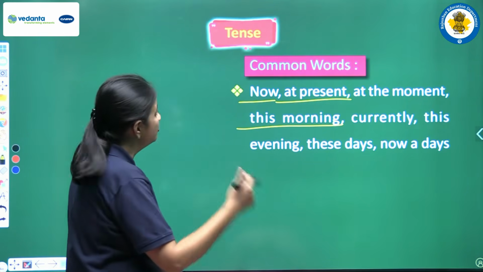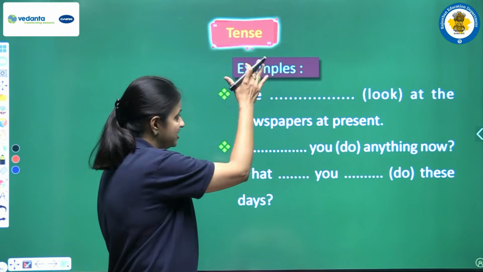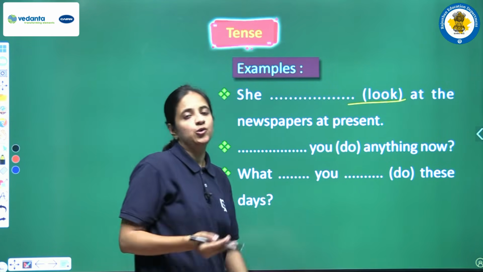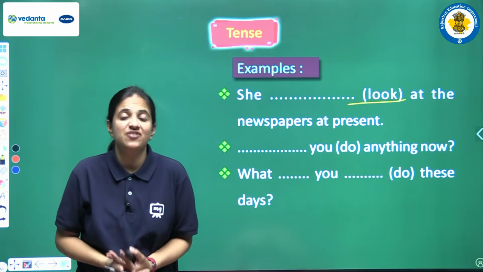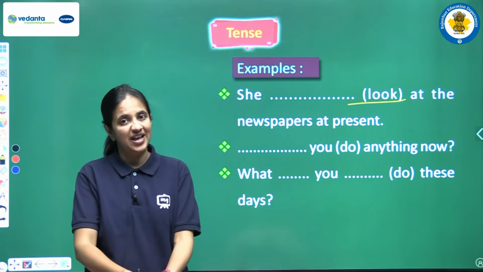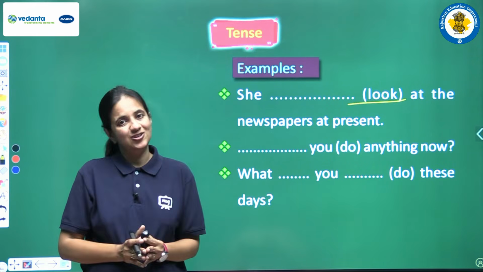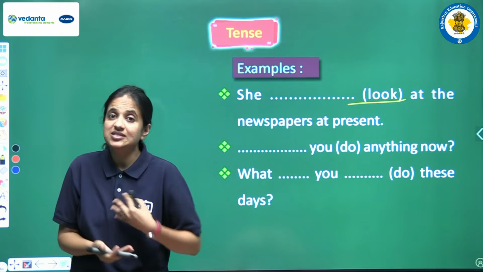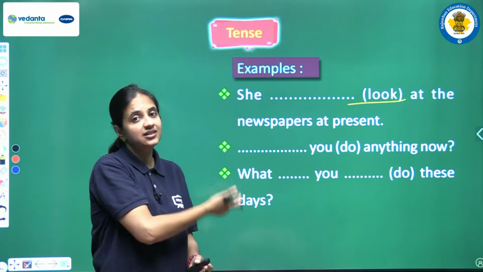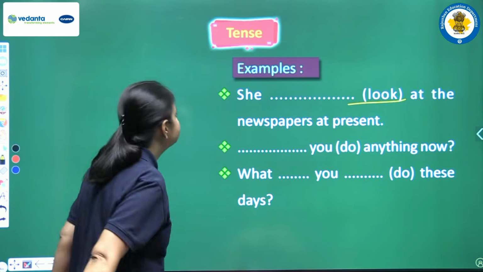Okay, next moving on, again we have some examples, and we have some sentences with blanks, and then we have the main verb. We have to read the sentence, identify the tense, and according to the rules fill all the blanks. Okay, so I am very much sure that you all are ready with your answer because you have learned all the rules, you have seen so many examples. So now you all are able to complete all the sentences. Okay, so let's see the first one.